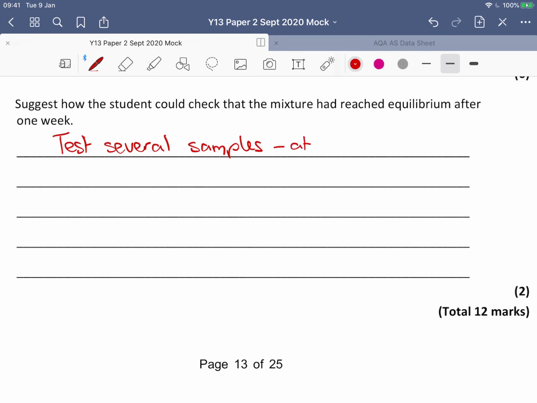Okay. I would say they should all be tested after a week, really, because then you definitely know. But basically you need to see it's not changing. So you keep testing it until it's not changing. And then you need to spell that out. So check that the result